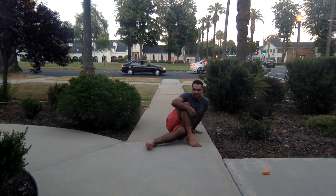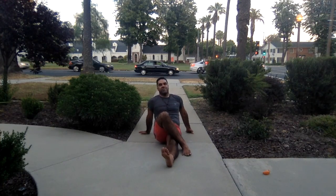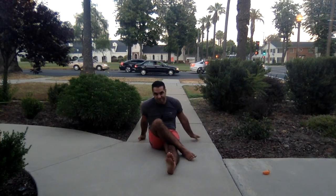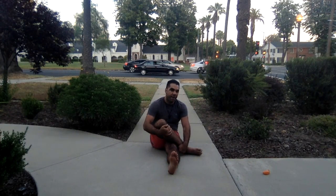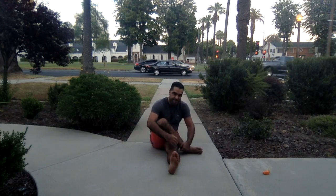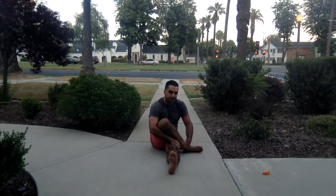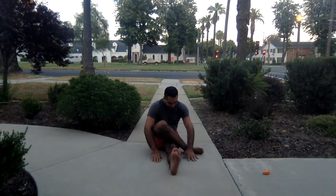Extend the left leg forward. Half cow face. Stack the right knee over the left, and maybe this looks like this, perfectly fine. Wherever you are, like I said, it's perfect. Then just do it this way. I've been doing this for quite a while, so for me it looks maybe a little bit different. Maybe you're even more open than me, and it looks different than what I'm doing. It's perfectly fine. Start to walk the hands forward, keep the left foot flexed to really lengthen the entire fascia